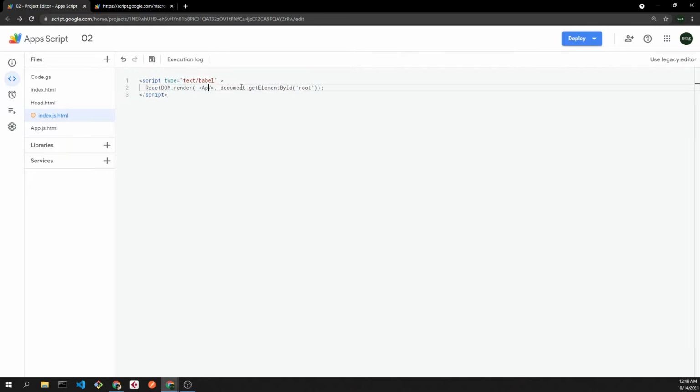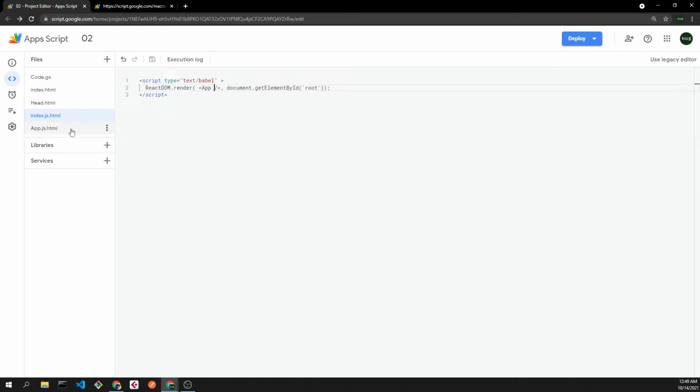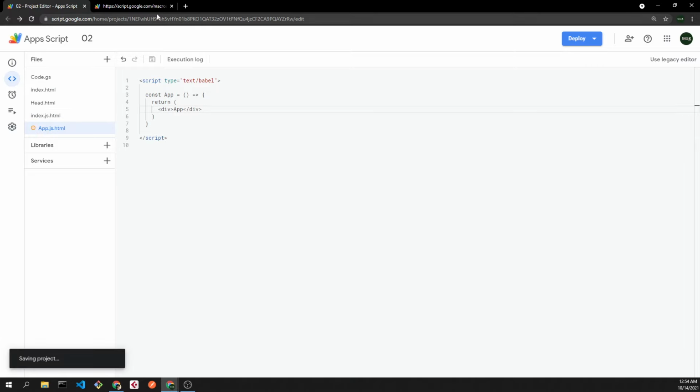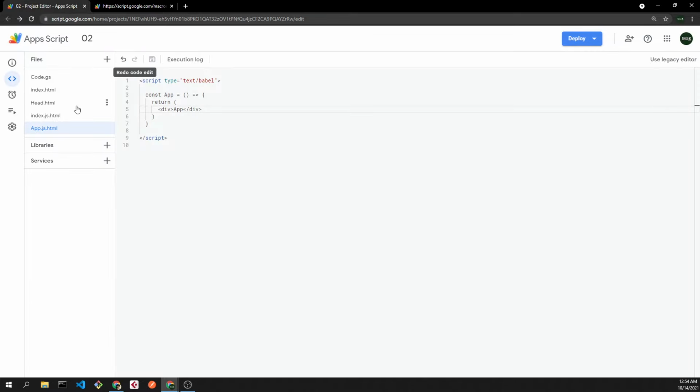And in order to import this component into this file, we will have to add it with the include function, but we are going to do it inside our index.html. And this is going to sound a bit confusing, but that's how we can access different components between different files. And make sure to import them in the correct order, because in this case app will be before our